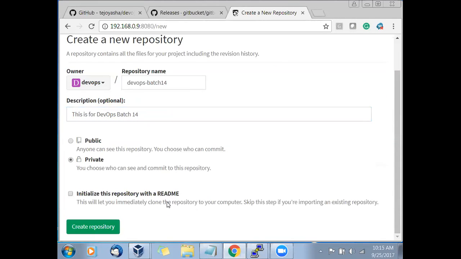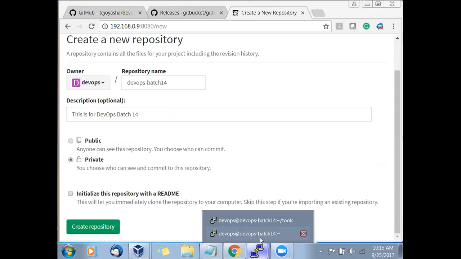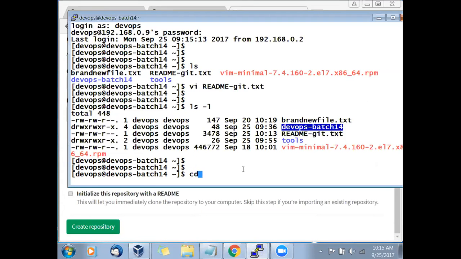Now, there are two ways that you can initialize the repository. That means you can create a blank repository or you can initialize the repository. We will go with the blank repository. Why? Because we already have so many files in our DevOps project.